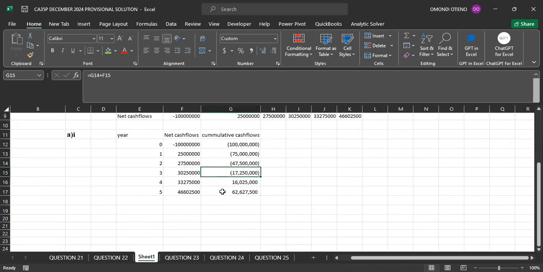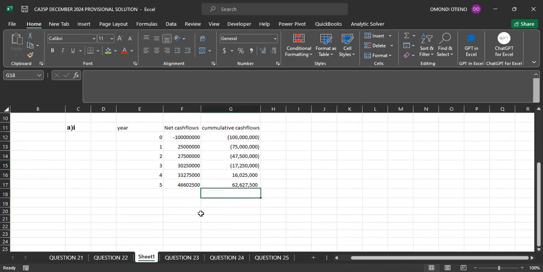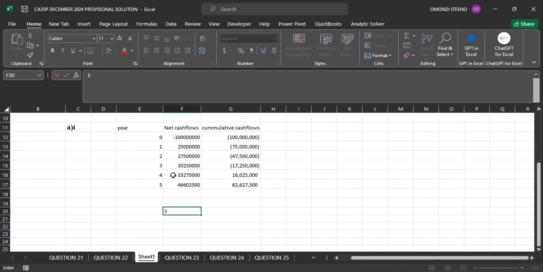So what do I need to do? I simply now come to this section. As you can see, the full years before I recover back my 100 million is 3 years. Then if I move down here, you'll be able to see, for me to get to 0, whereby I'm able to recover this negative 100 million